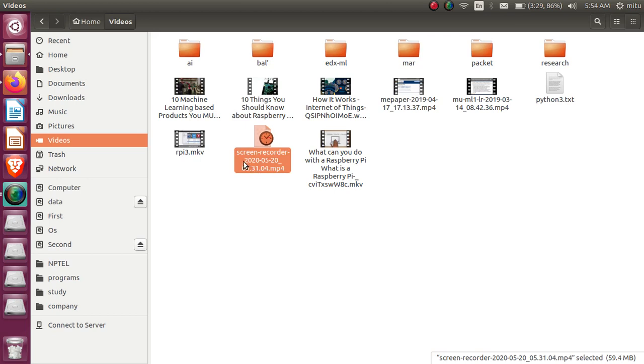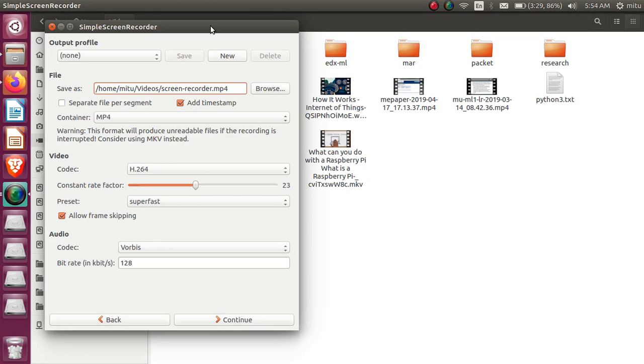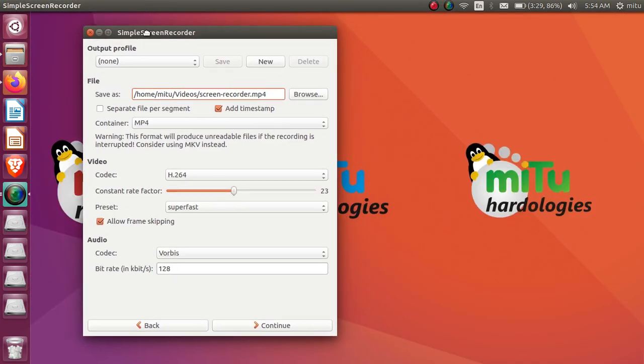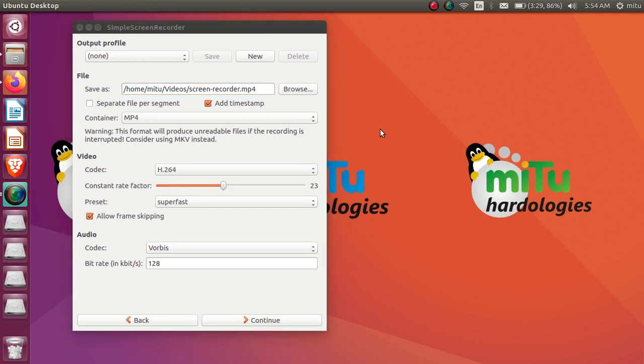So what timestamp is this? You can check this out. This is the time when I am recording this particular video. First the date is present, and second the time of recording is present over here. So this is the add timestamp option. The advantage is that even if you don't change the name of this file, every time a new file will be recorded, because the timestamp is different.